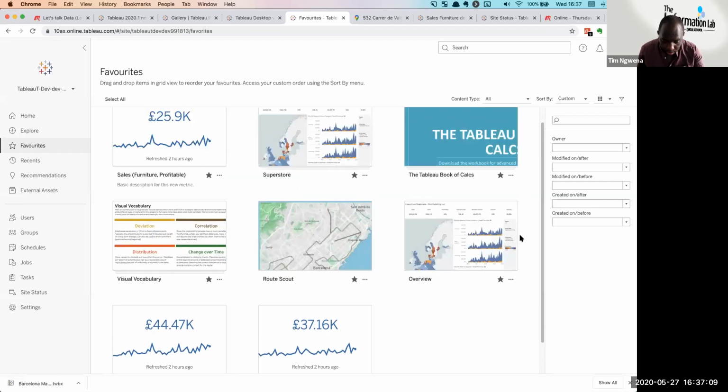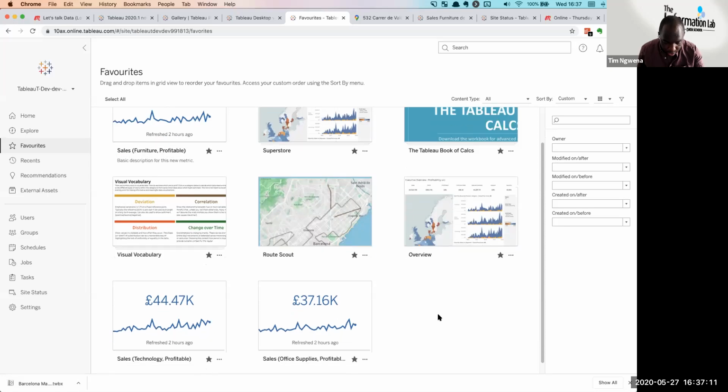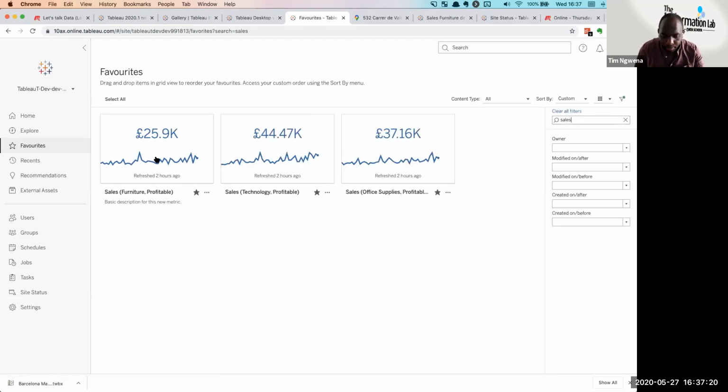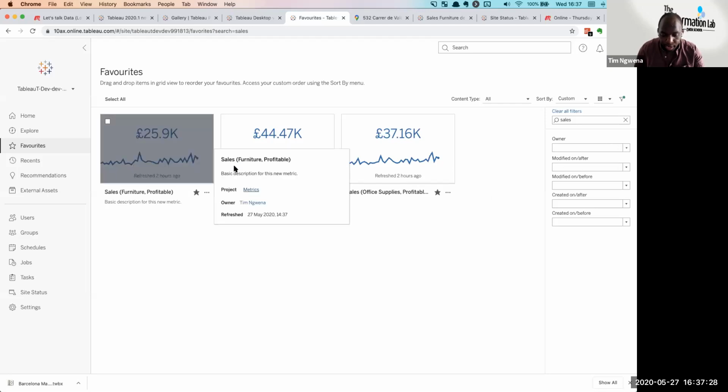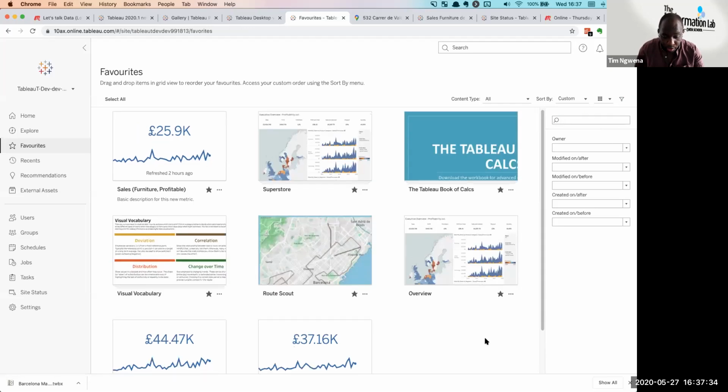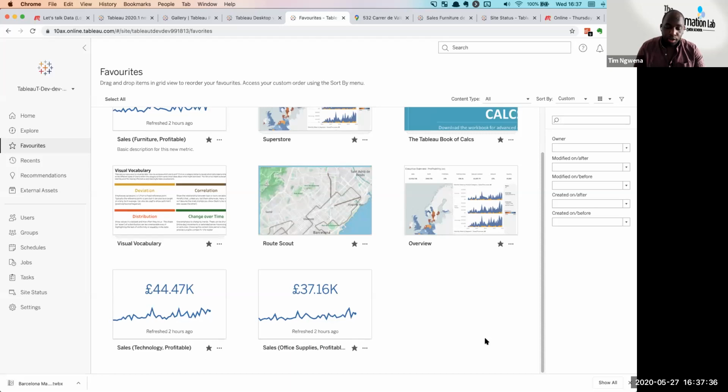So now if I then search, let's say, sales, okay, it keeps the context of that order even when you search. So it's a really important feature. Whatever filtering and context that I'm doing, it actually keeps that order. It doesn't rearrange it on you as you're working with the search capability. So that's a really nice quality of life improvement to have on server and to make